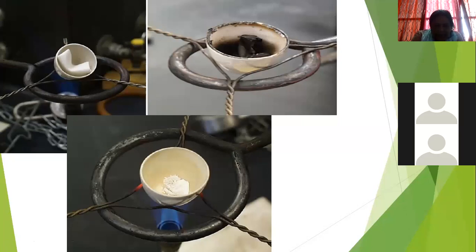Then keep the filter paper here and start burning the filter paper. See how the filter paper is burning here. All the charring takes place, all the carbon is there. This white crucible has become black, and this is burnt, and you will have to continue till you do not have any black spot on the crucible. You see here, all the black things have vanished.